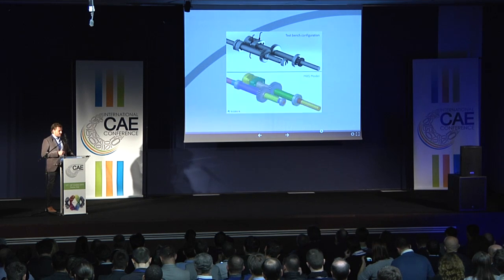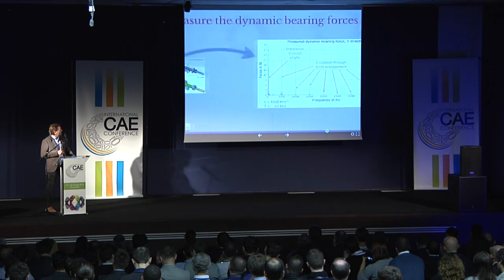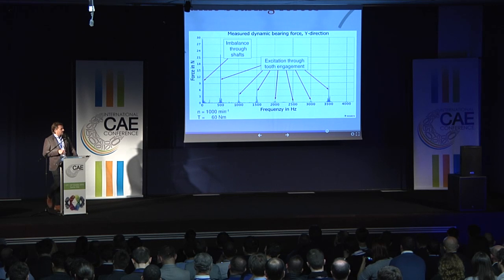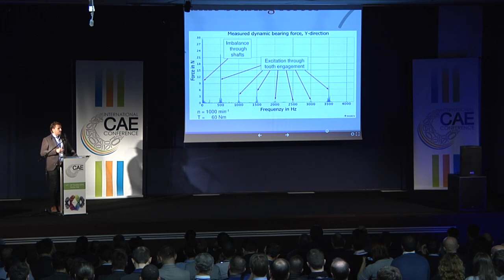Okay, now we want to see how this dynamic bearing force looks like. Again, this is the multi-body simulation model. Just to let you know, this is exactly the same bearing force measurement device right here and here. Okay, so this is a measured dynamic bearing force, same operation point as the simulation. Again, we come to the 500 Hertz of the tooth meshing frequency. We see multiples of it. And again, what else do we see right here? These 2 peaks are coming from the shafts, because the shafts are still having some imbalances, and these are producing forces in the frequency at which they are spinning. This is the reason why we have 2 peaks right here, because we have 2 shafts.